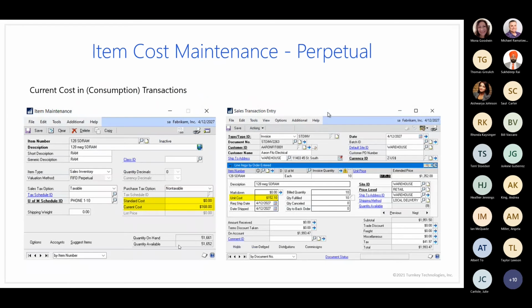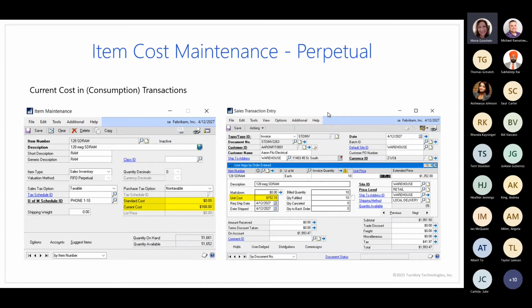A consumption transaction is going to be the exact opposite of all of those receiving transactions. So you've got sales orders, and when those are transferred to invoices, at the sales order level the item is allocated, and then when you actually transfer that sales order to an invoice and post the invoice, then the inventory is depleted. Other types of depletion transactions are going to be inventory transactions where you adjust an item down,